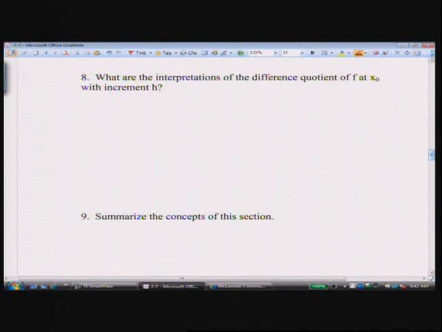I don't know. Okay, number 8 says, what are the interpretations of the difference quotient of f at x naught with increment h? This is in your textbook, page 135. You do have a book; if you click on entire textbook, you can get to the section and scroll through. I'll just write some stuff for you. If the limit exists, then that limit is called